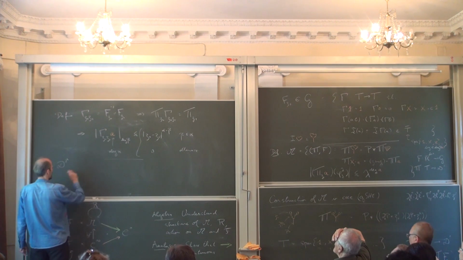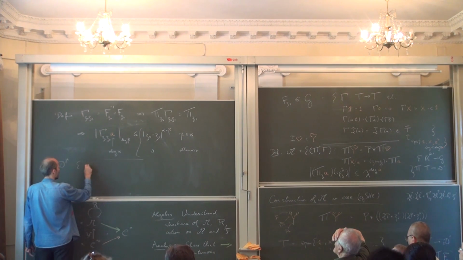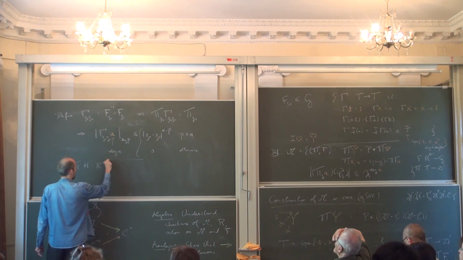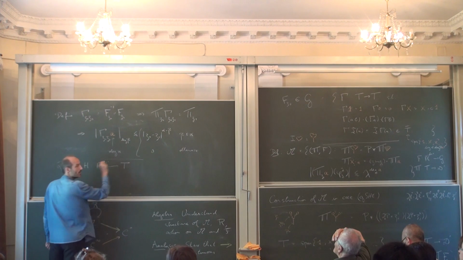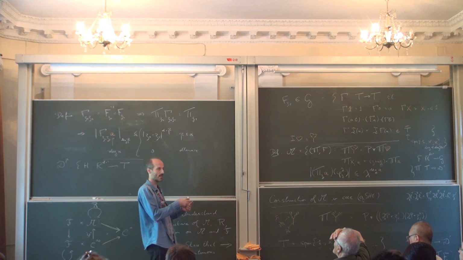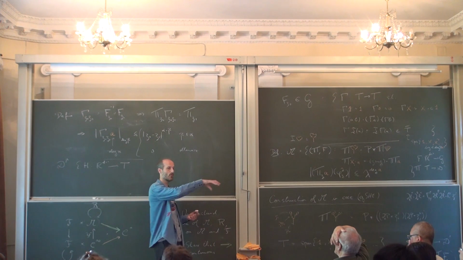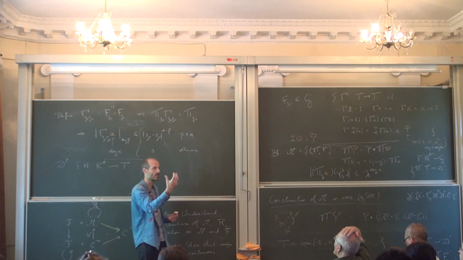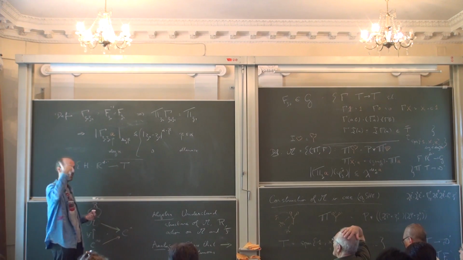And that was simply the set of all functions, say, h from R^{d+1} to T. So now what we're looking at is at every point we give ourselves a bunch of coefficients of something like a Taylor expansion, and that's how we should think of